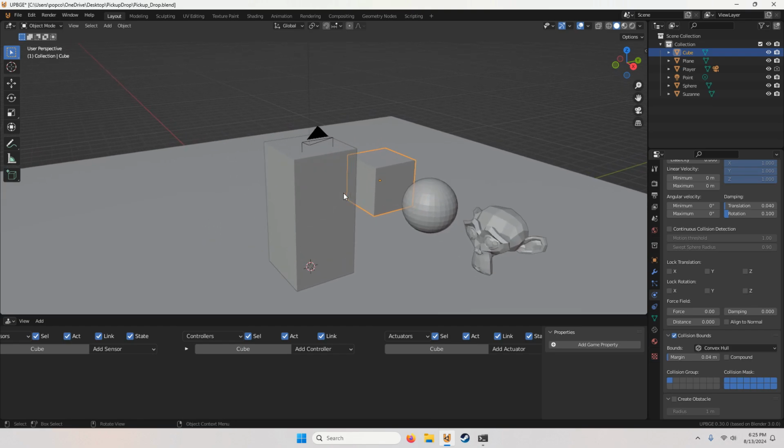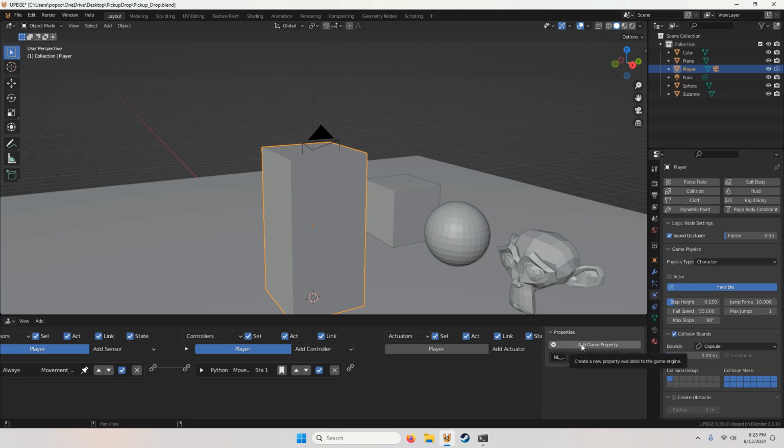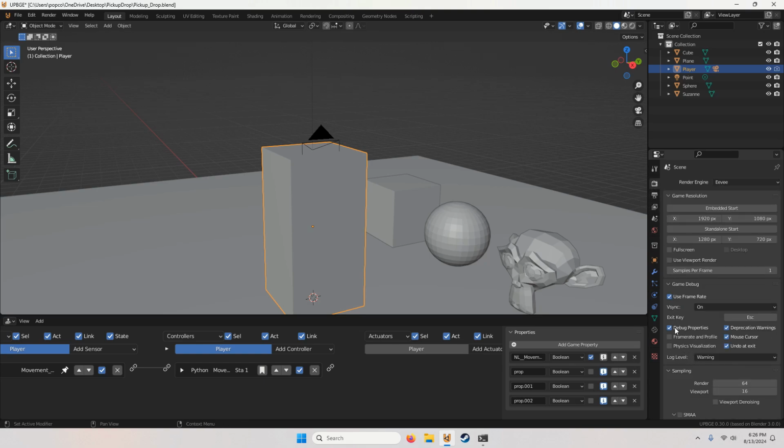The first thing we're going to do is have the player selected and add 3 game properties for each of these objects. Change this to a boolean. Have these checked and go to the render properties tab and make sure debug properties is checked.